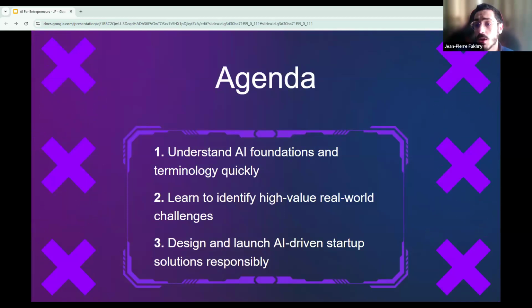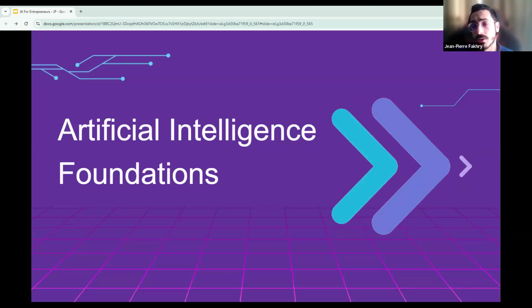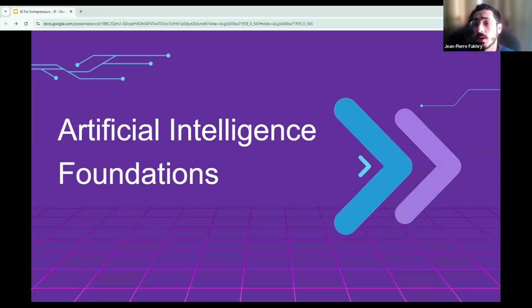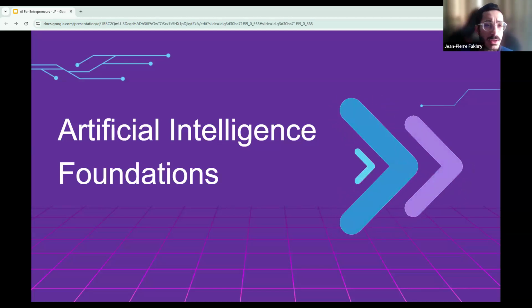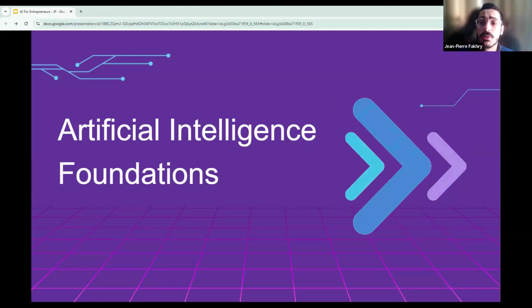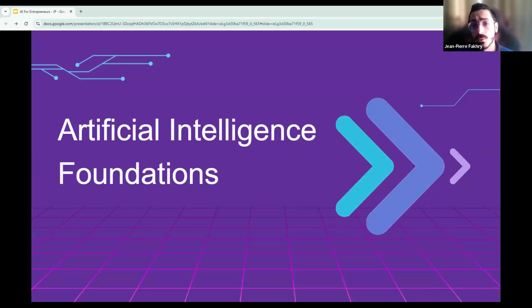As Rita mentioned, any questions you have, go ahead and ask. This first section is the foundation layer. We cannot build the house without it. We need to understand the AI foundations. We will go through it very quickly because it's the foundations, but what we cover here will make every slide after it click into place.